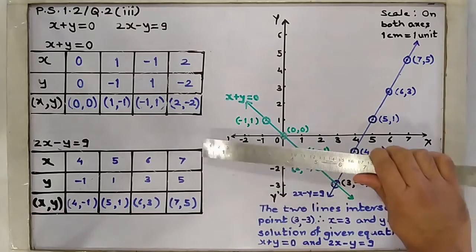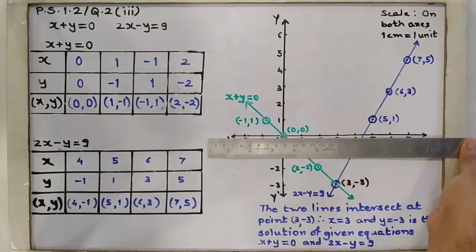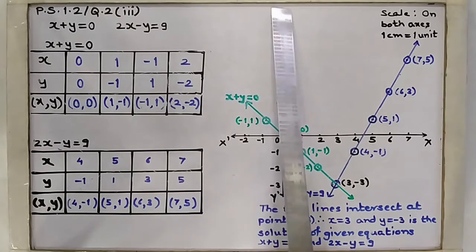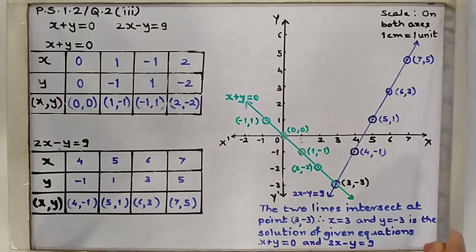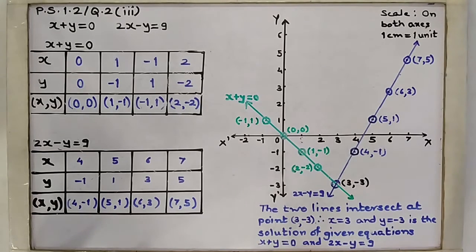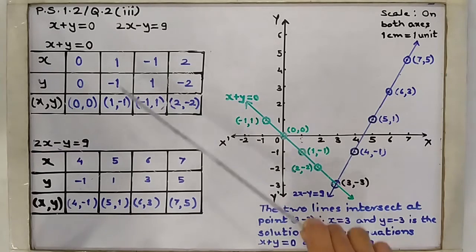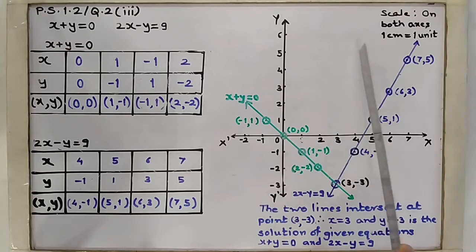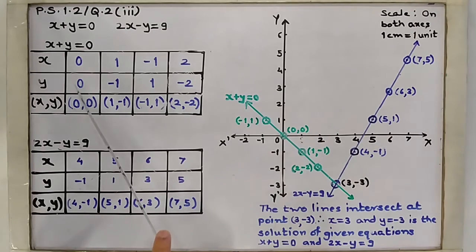First, we are supposed to draw the x-axis. Then we'll draw the y-axis. And then we'll choose a proper scale. If you observe coordinates of all the points in both the tables, we can use scale 1 centimeter equal to 1 unit. Now observe this first point. You see that both x and y coordinate are 0, which means the point is going to lie on the origin.